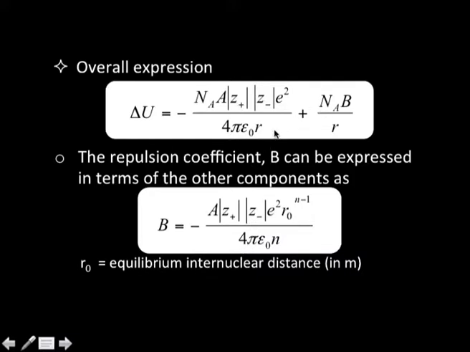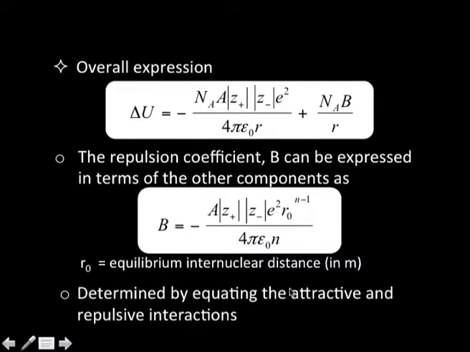If we try to simplify it, we can find that B can be shown to be equal to the following expression here, which again involves Madelung's constant, Z plus Z minus e square r naught n minus 1 and so on and so forth. And what we have here is a new parameter called r naught. r naught happens to be the equilibrium distance between the two ions, and this can be found with a little knowledge of mathematics. So, basically what we do is, we try to equate the attractive and the repulsive forces, and then work out what is r naught, the equilibrium distance at which the attractive and repulsive forces happen to be equal.